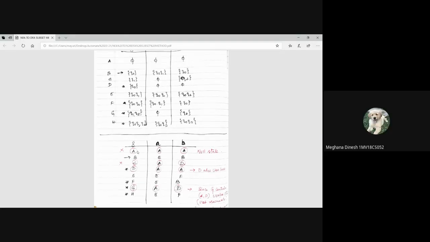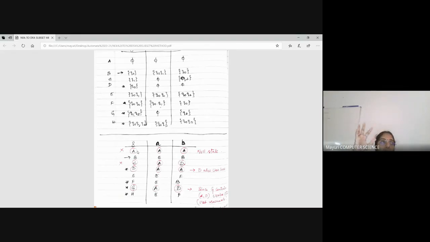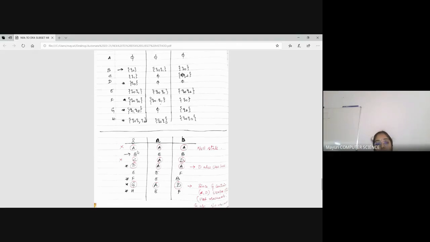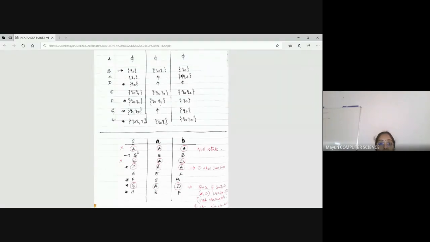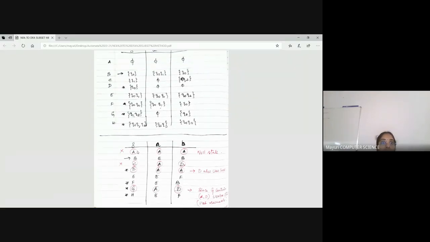No, ma'am. You need not do like that actually, but especially for this question, you have a lot of not reachable states. So for my convenient purpose, I have renamed the states. Okay. Now, I have to see which are all the not reachable states. And I have to remove the null states. What is my null state here actually? A, right? Null states. A. Yes, ma'am. Now, whichever state goes to A is also not reachable, right? Useless actually.